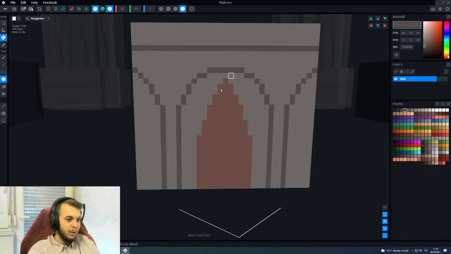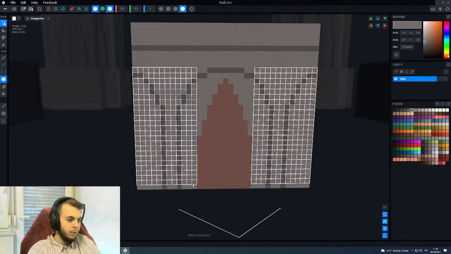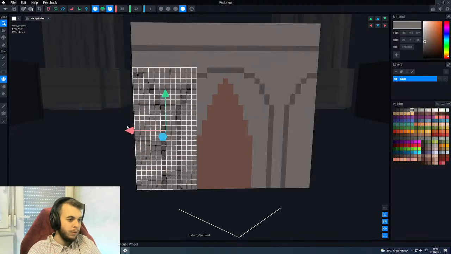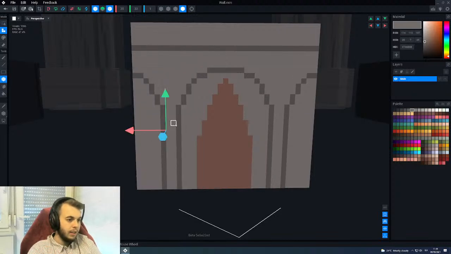So maybe if we were to do it like that, then we could do that here, but maybe if we were to move everything 1 voxel to the right, like this. Yeah, I don't like moving it here, so maybe